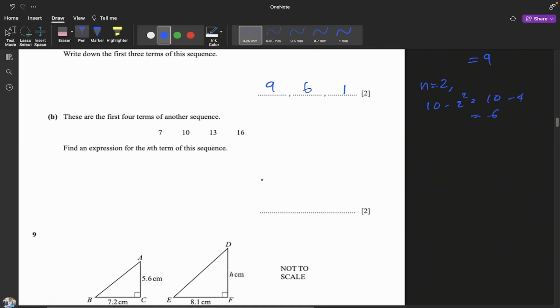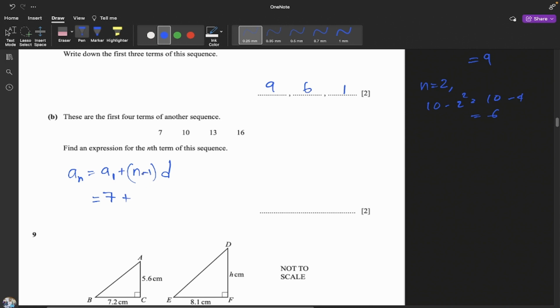These are the first 4 terms of another sequence: 7, 10, 13, 16. Find an expression for the nth term of this sequence. Okay, that is very simple. Here 7, 10. So there is a common equation. I recommend you memorize this equation because it's much easier to do using this equation. a1 means the first term, 7. n minus 1 means the difference, and